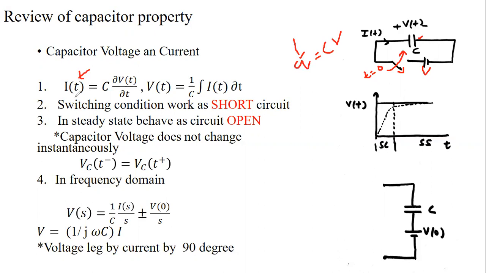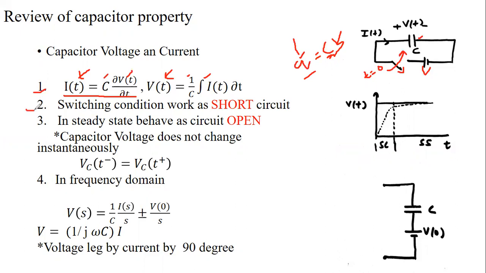If we differentiate this charge with respect to time, it will give you the current I. So the current across the capacitor i(t) is the differentiation of the charge, and because C is constant, this is the differentiation of voltage. So i(t) equal to C del v(t) upon del t. If voltage is given across the capacitor, differentiate the voltage with respect to time, multiply it with C, and it will give you the value of current. If current is given, then integrate this current, multiply it by 1 by C, and it will give you the value of voltage v(t). So this is the relation of voltage and current across the capacitor. That is the first point.